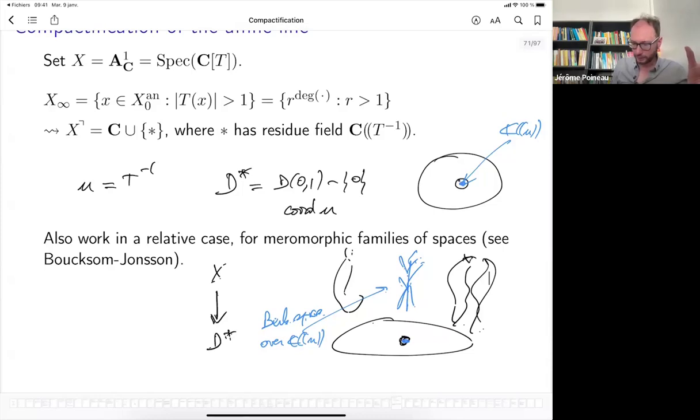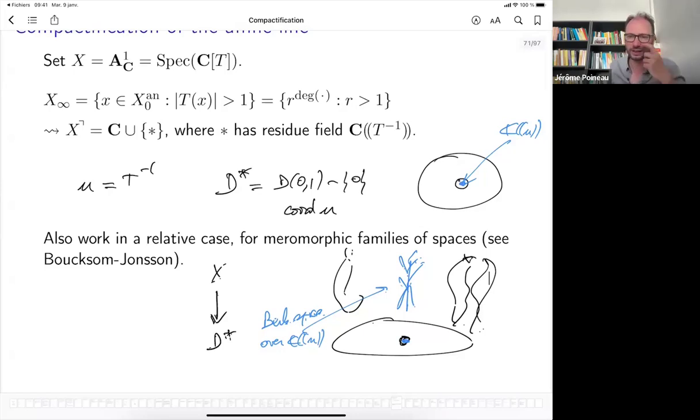So a point in your compactification is some sort of valuation on the field of functions of your moduli space of curves, and as a valuation, it has a center on any compactification. So you start with a point, and you can look at its center in the Deligne-Mumford compactification. So you have a map.